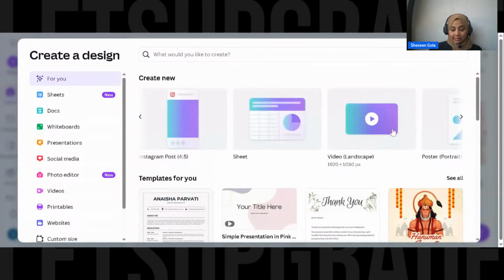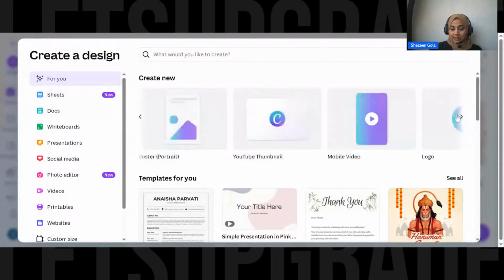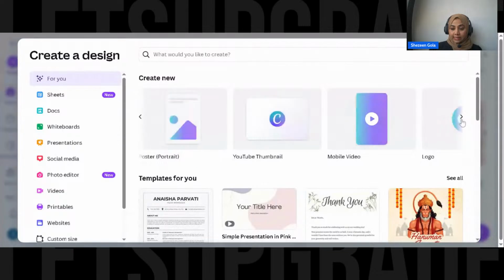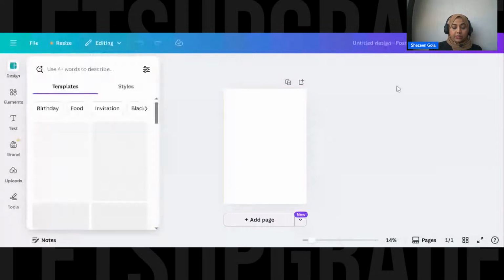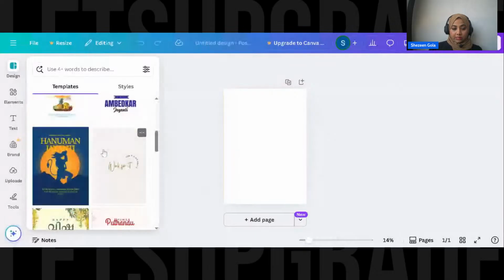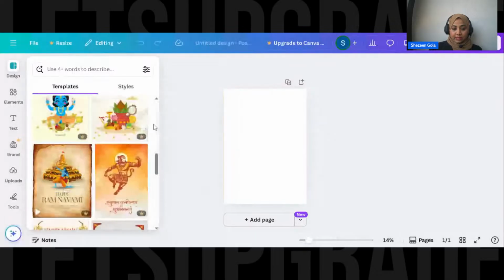Every size of artwork and ratio has a size. What Canva makes easier is giving a size so you can directly work on it. For example, there is an Instagram size and a poster size. So what we can do is take a poster by clicking on posters. This is what we get. So there are templates. We are going to see the templates. As you can see, there are templates.